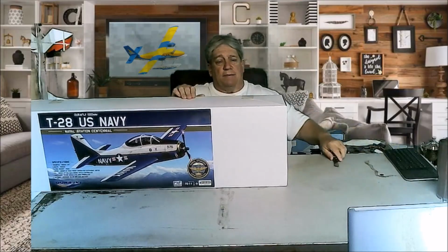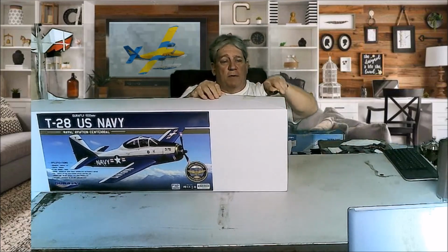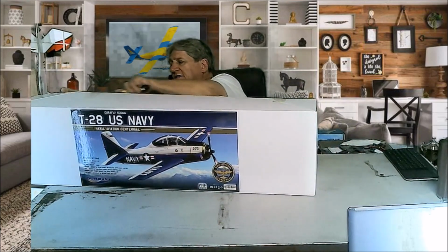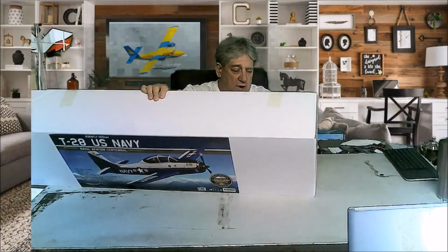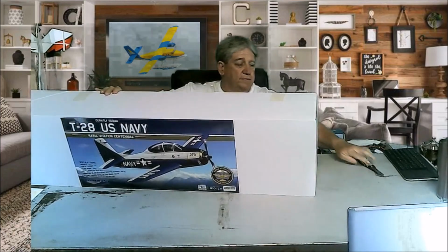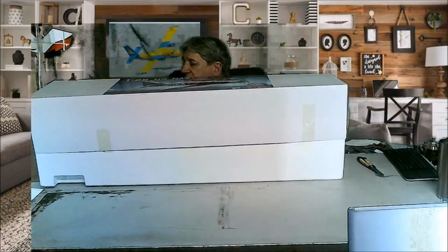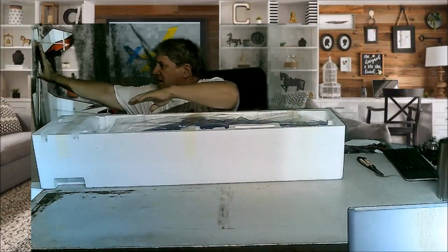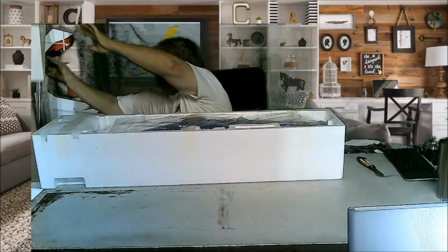And finally got it. Got it on sale. When I bought it, it was on sale. It was on back order. So I got the sale price, and then I had to wait a few months, and I got the airplane. So I'm super excited, guys. I've been wanting this plane for a long time. I really love that scheme. I'm debating